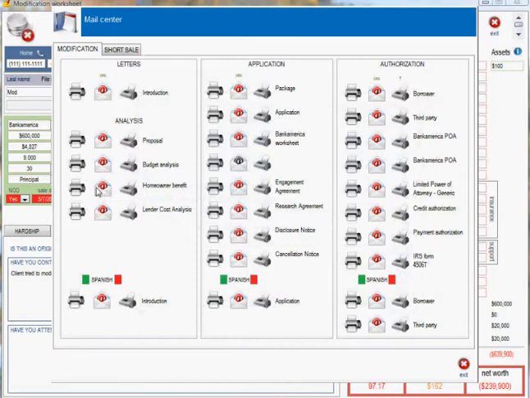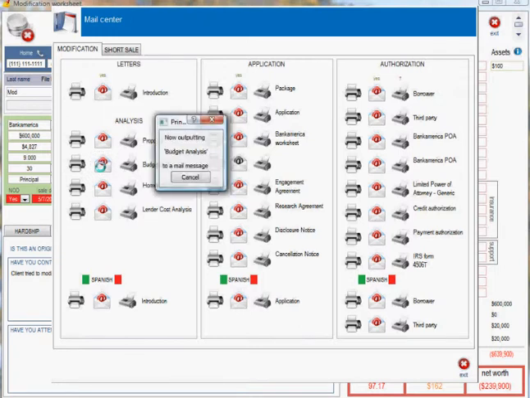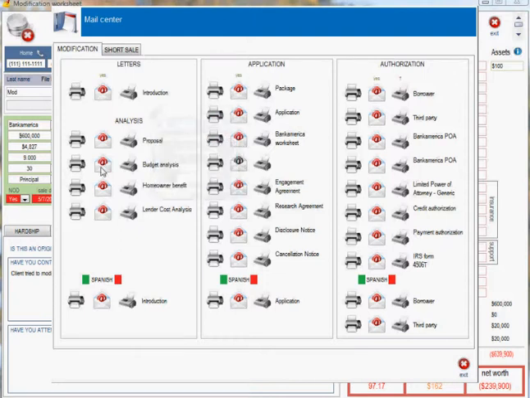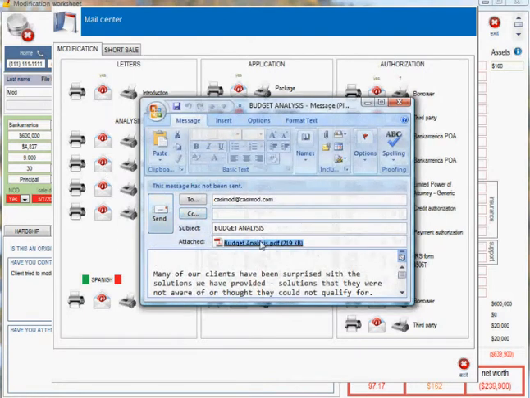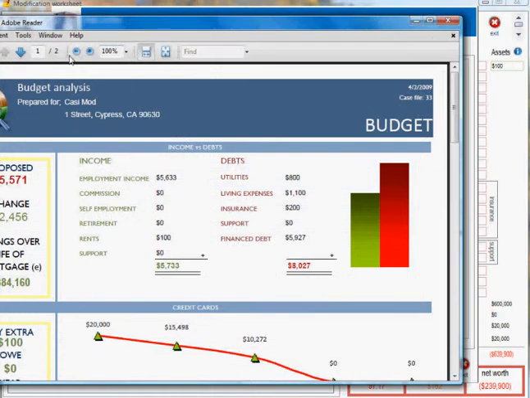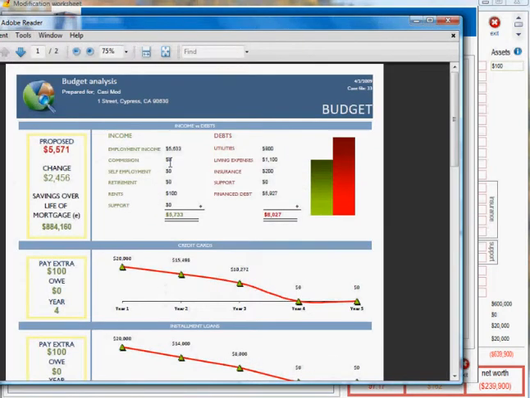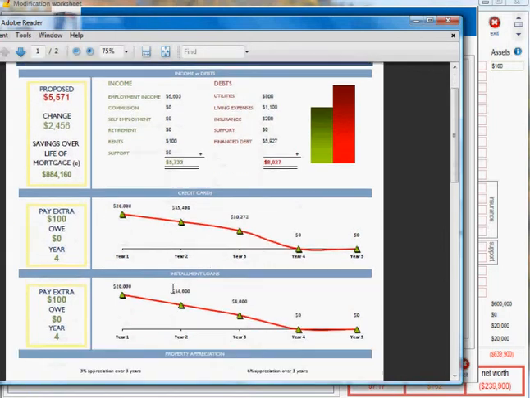Budget analysis, we try to educate the client to let them know your savings here. What we're trying to do is basically, this is your current disposable right now, and what we're going to try to do is put you down to this certain disposable. So let me show this to you. Proposed income and current debts. So what we're trying to do is get them down to a monthly outflow of $55.71,